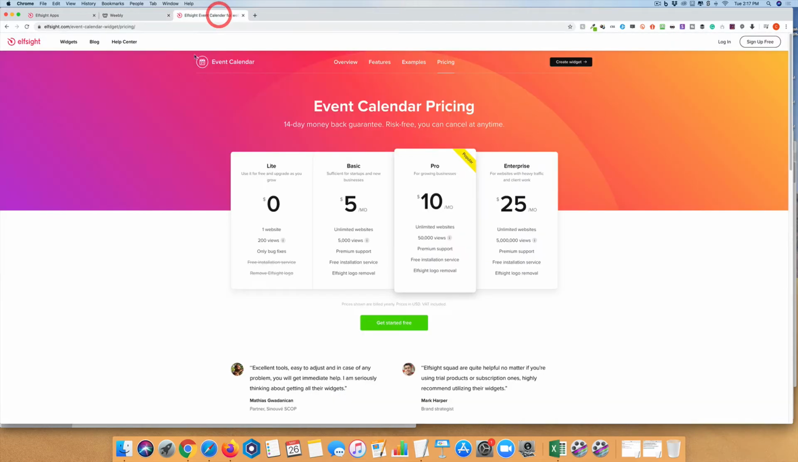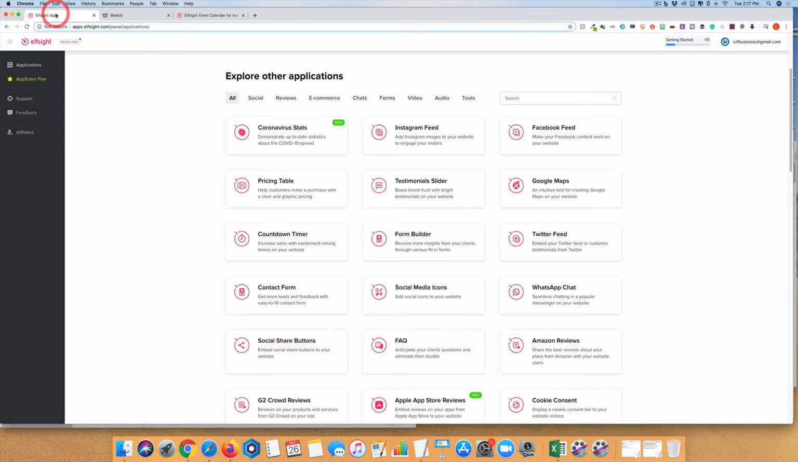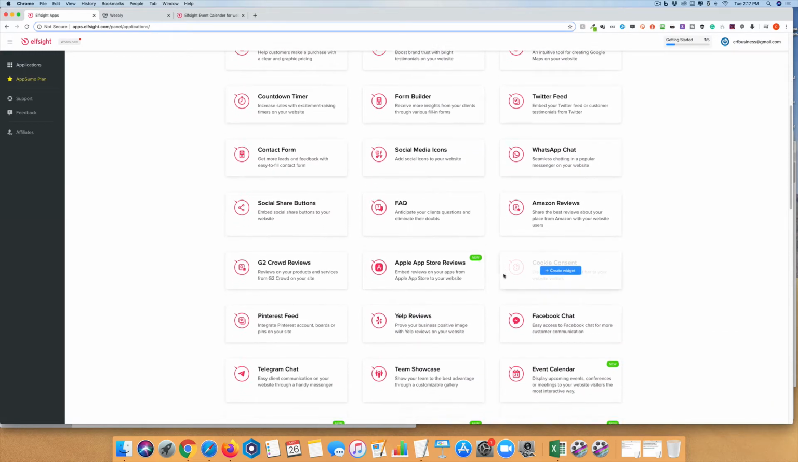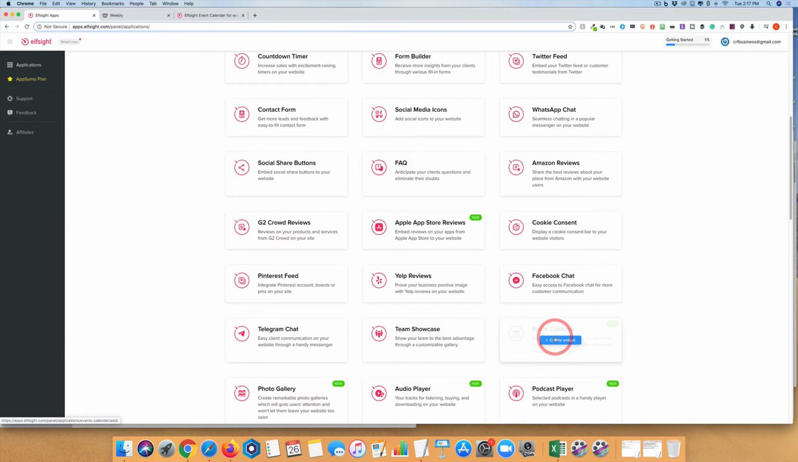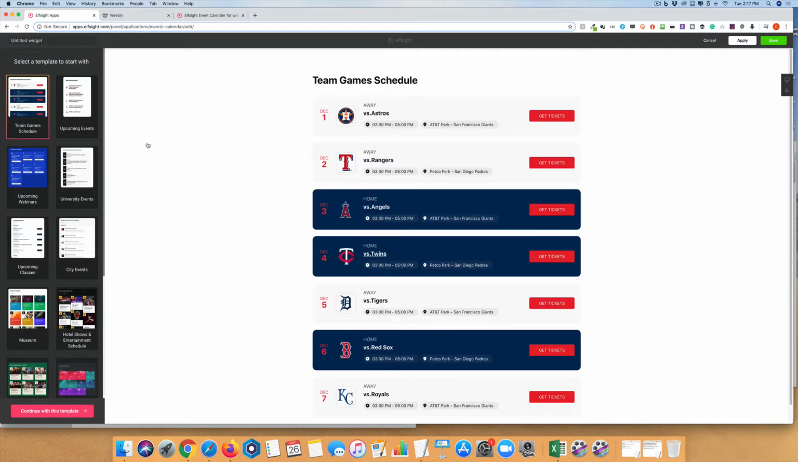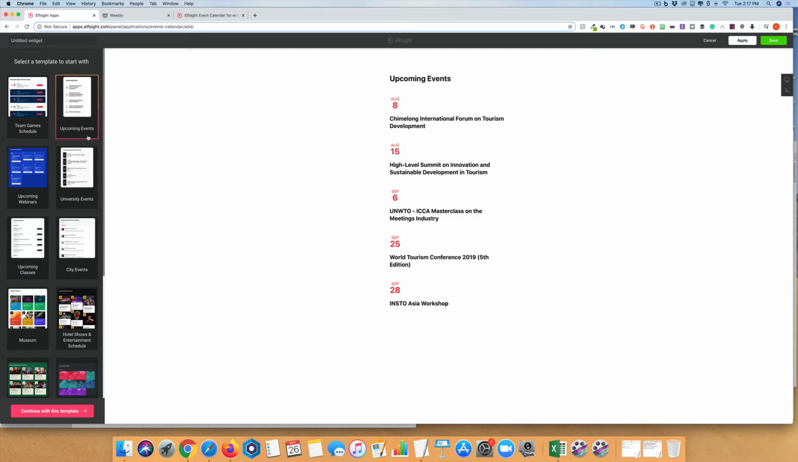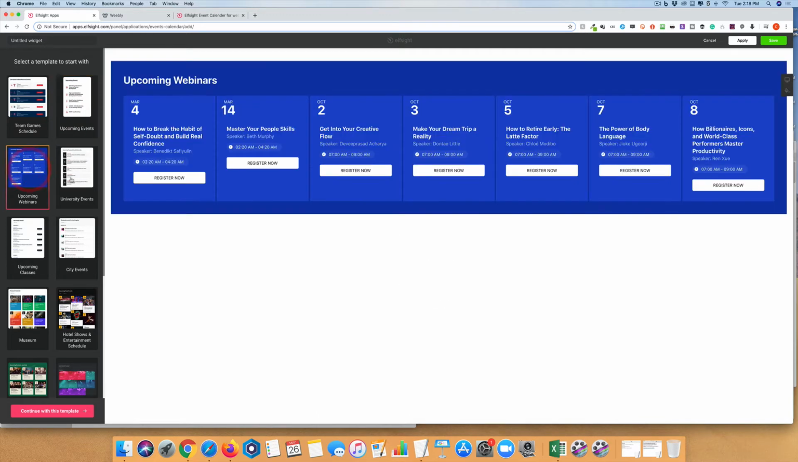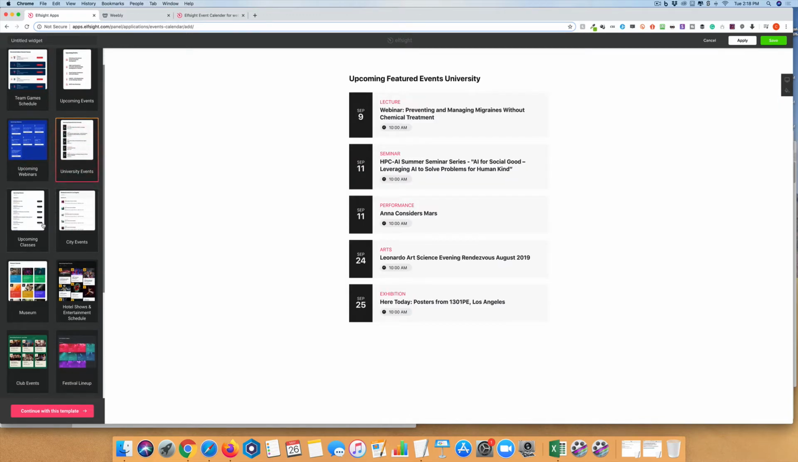So once you've signed up and bought this, you come into your Elfsight apps, and we're going to look for a calendar. You can see these are all the different apps that you can play around with, but we want to go into event calendar. And to the left here, you can see there's a variety of different forms that you can play around with. And the great thing is these are all responsive, meaning